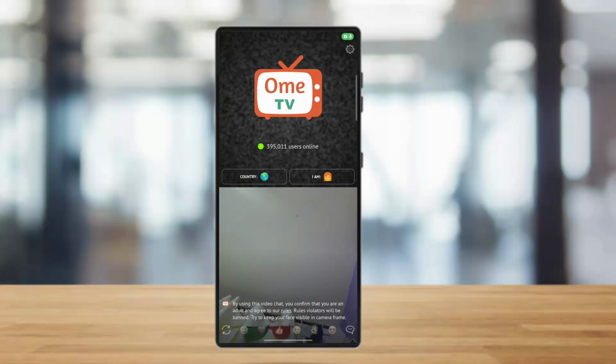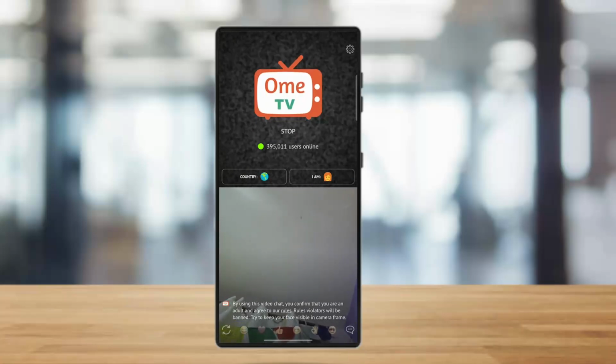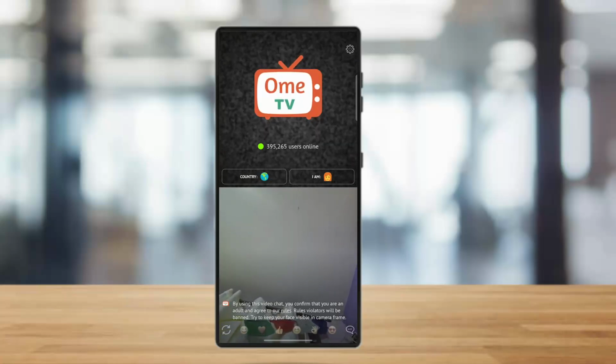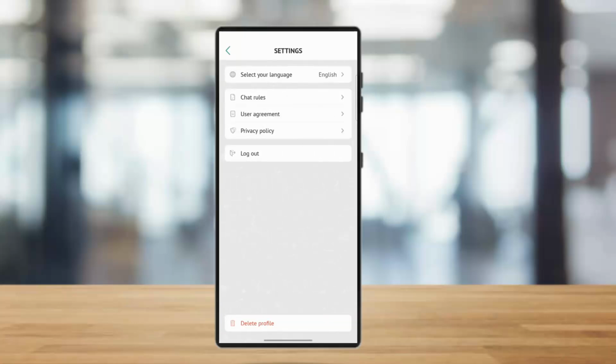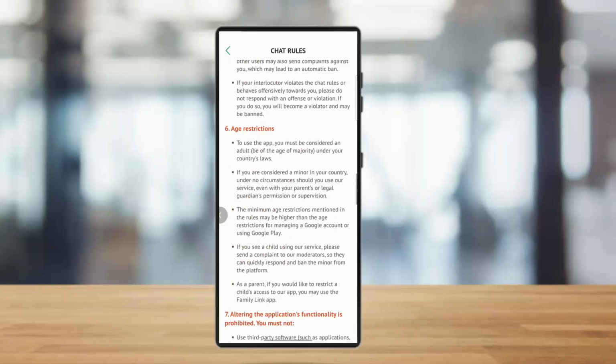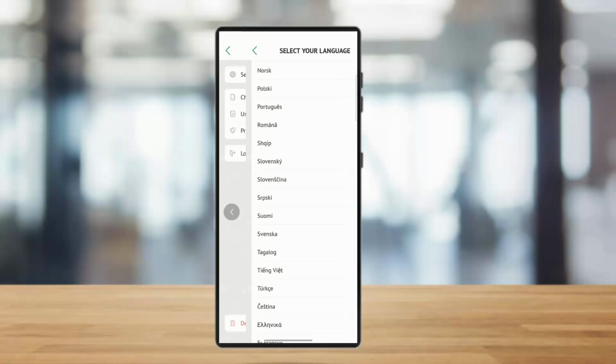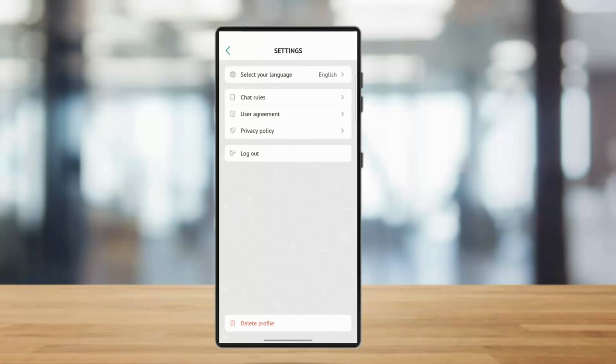So these are your chat boxes. You can simply tap on one and chat with the user, and these are the emojis you can use in your Omi TV live chat. So this is your settings option. Here are some chat rules you can simply select, and this is your language. So you can simply select the language from here as well,